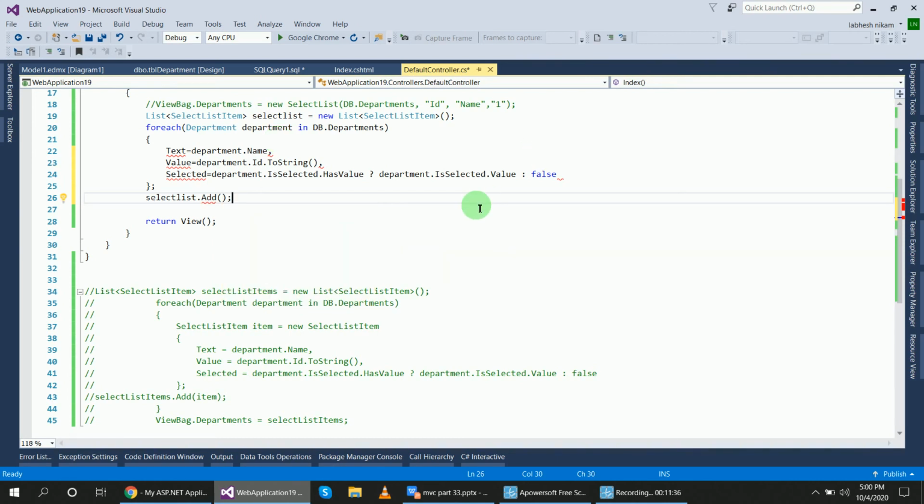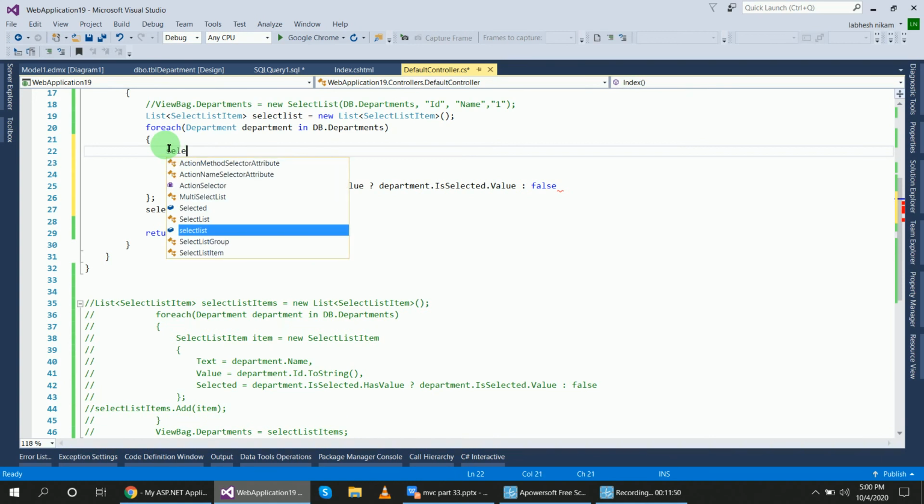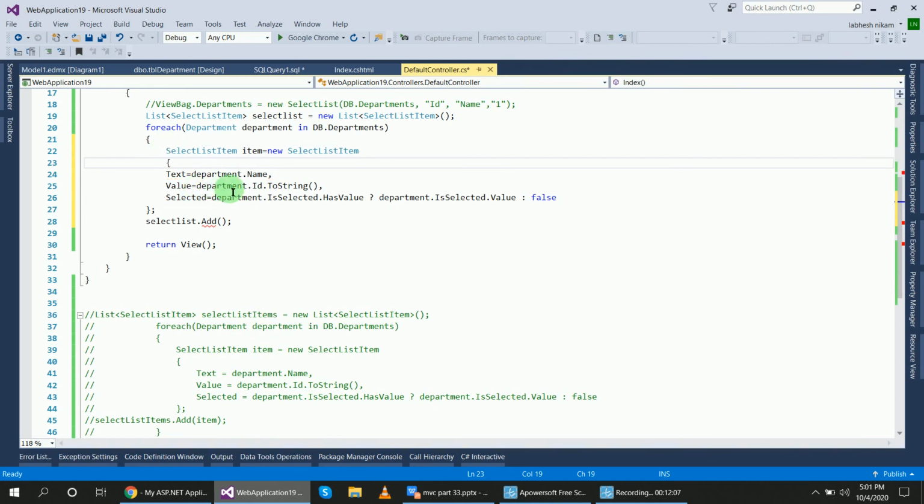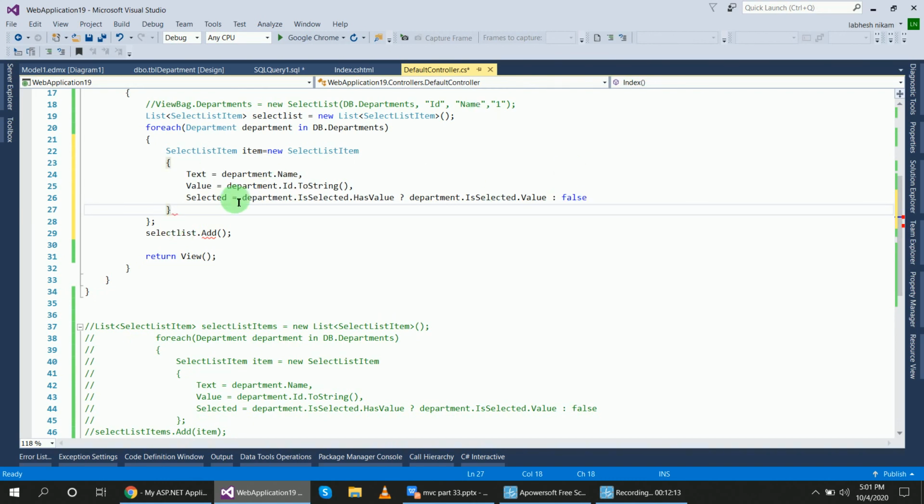Something is wrong. Before this we have to add something: a SelectListItem, equal to new SelectListItem, and inside of this the text, value and selected properties.